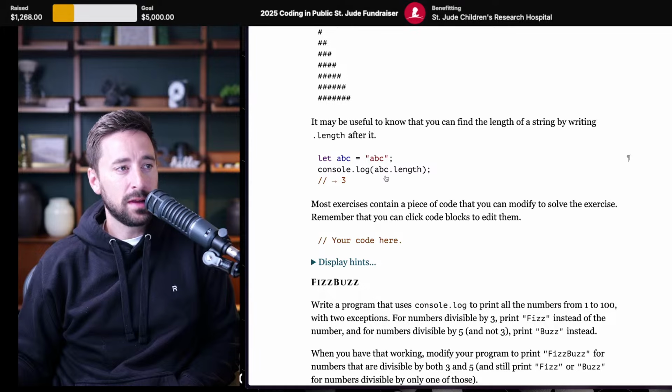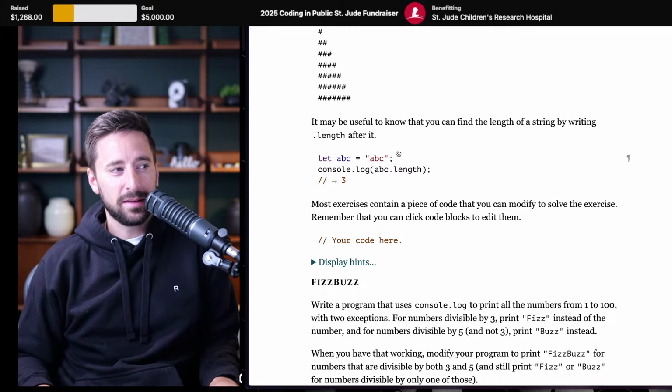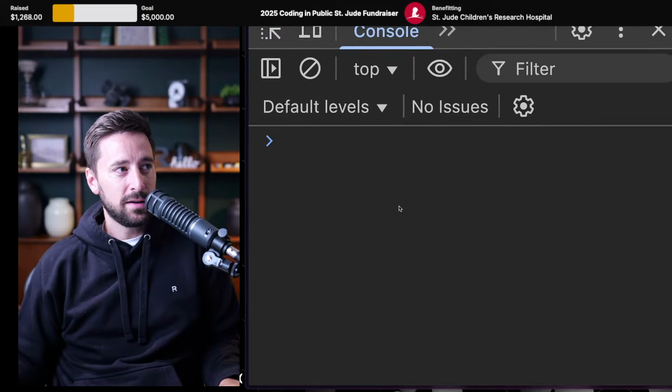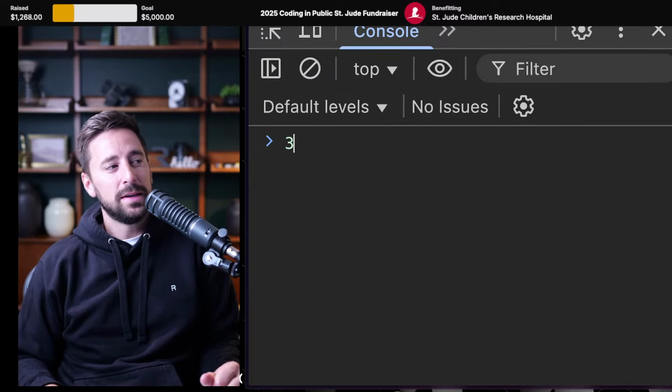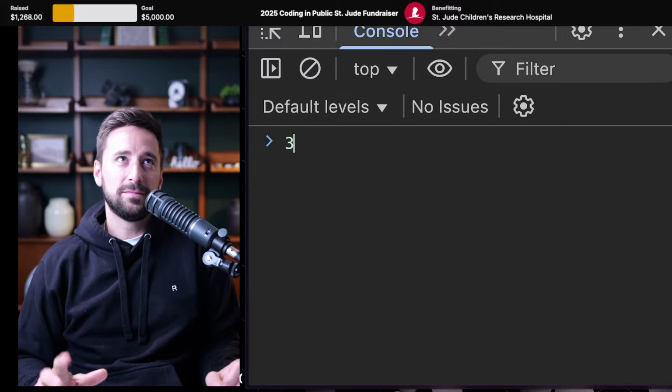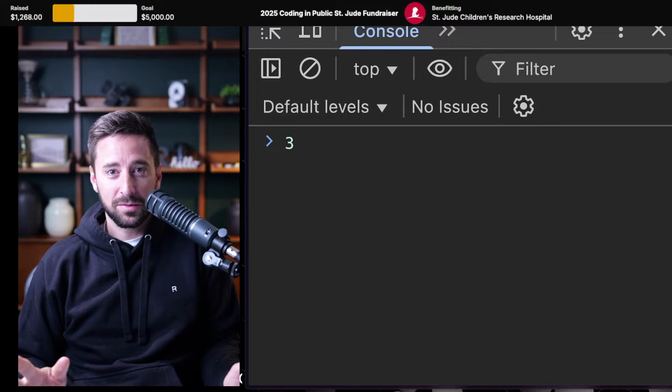You can find the length of a string. Okay, well, let's talk a little bit about values that exist on things in JavaScript. So if I come down here, or things that already exist in JavaScript, I can have a number like 3, and usually the way you reference what I'm going to call methods right now, because that's what they're called, but